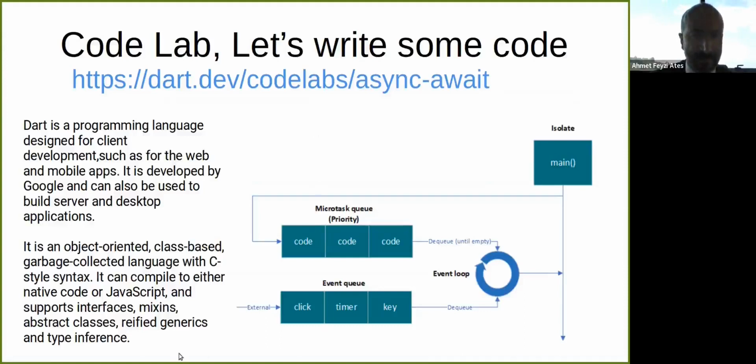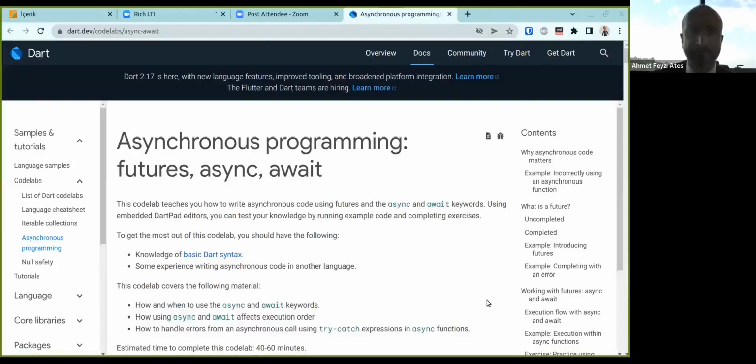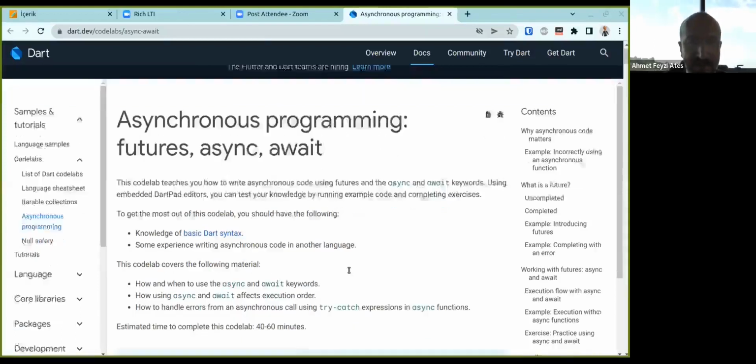I think I need to share also my browser page. Just a minute. Stop share. New share. Asynchronous programming. Yes, share. Here we go.